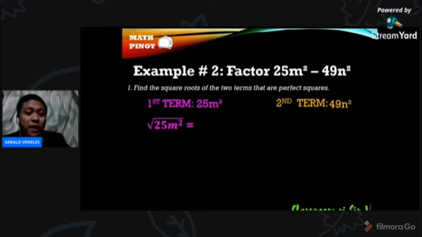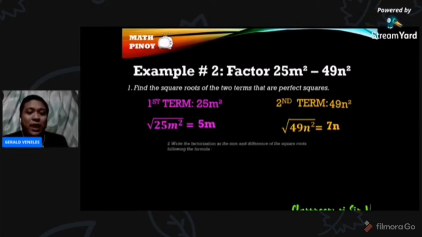Yung 25m squared. Alam nyo ba? Pag in-square root natin ng 25m squared, ano yung sagot? Sige nga. Anong sagot? Kapag tama, 5m. How about second term? Kapag in-square root natin ang 49n squared, ano kaya ang sagot? That's correct, 7n. So, since na-square root na natin siya, nakuha na natin yung square root niya, pupunta na tayo